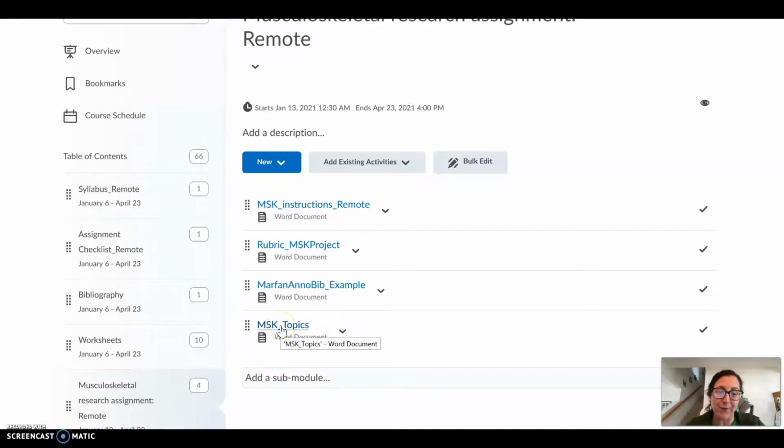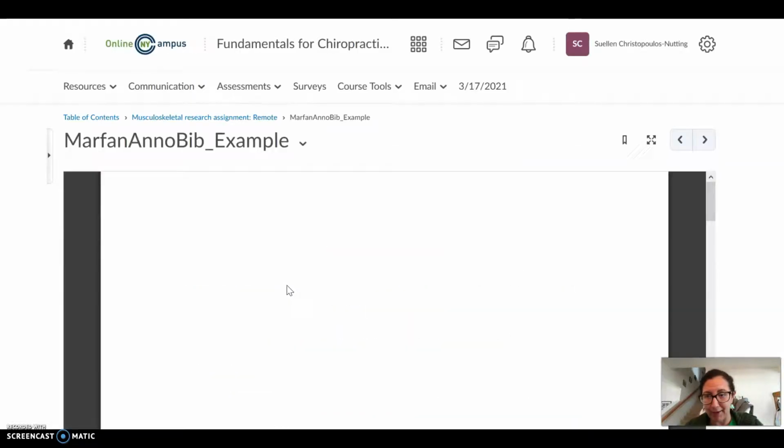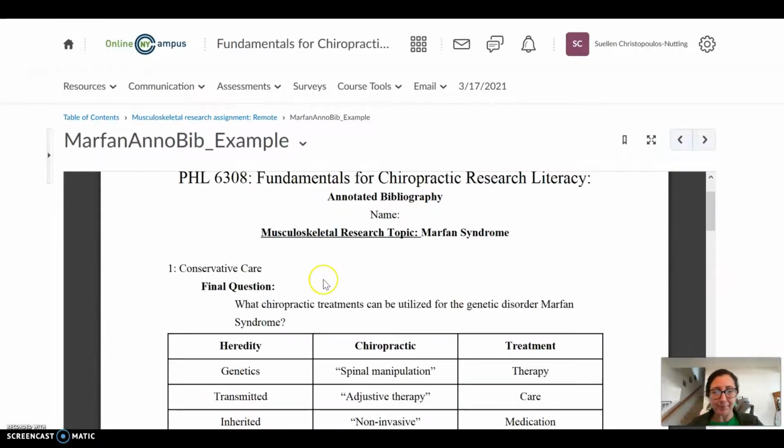And I do that on purpose because a lot of you probably learned a lot of cool things about your topic that don't necessarily fit into those 6 areas. So again, that's really where you share that information with me in your PowerPoint. Okay, now here is an example, and this is just an example.